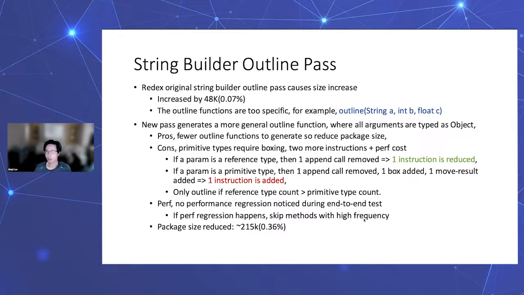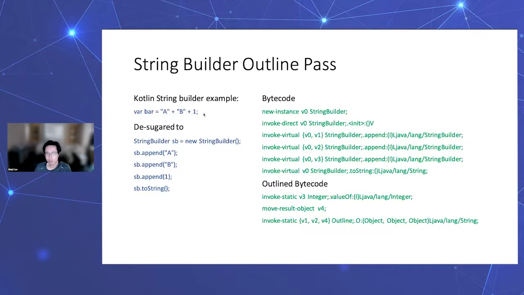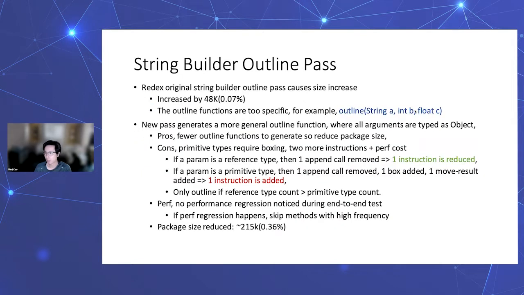For example, for the previous example here, it generates an outline function which is very specific to each component. In the previous example we have 2 strings and one integer. So then Redex will generate